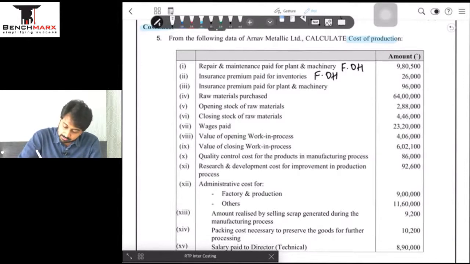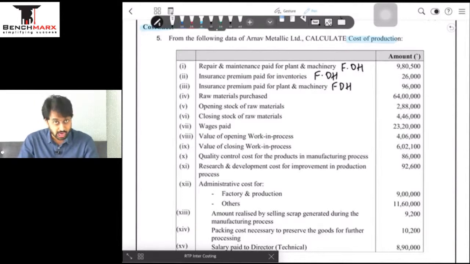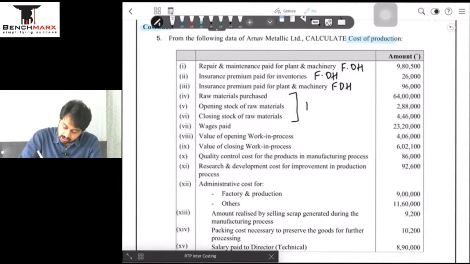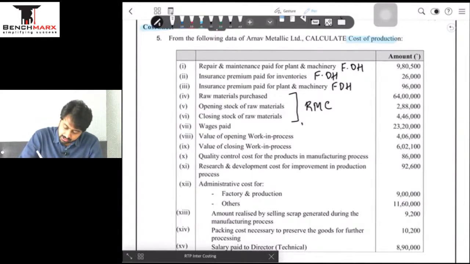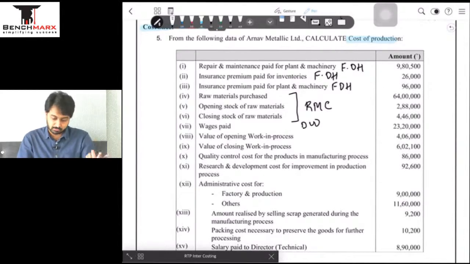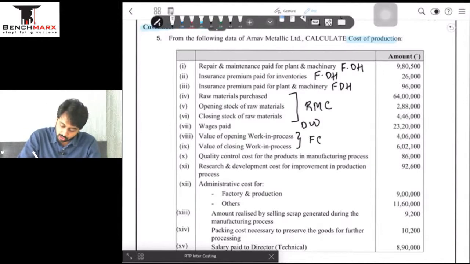Insurance paid for plant and machine, again this is my FOH. All these expenses are going to come in the FOH after I get my prime cost. Then you have raw materials purchase, all these expenses, purchase, all this is nothing but RMC, raw materials consumed, opening plus purchase minus closing stock. Wages paid is my direct wages, will come before the prime cost. Opening and closing WIP, this will help me after I get my FOH. So factory cost,